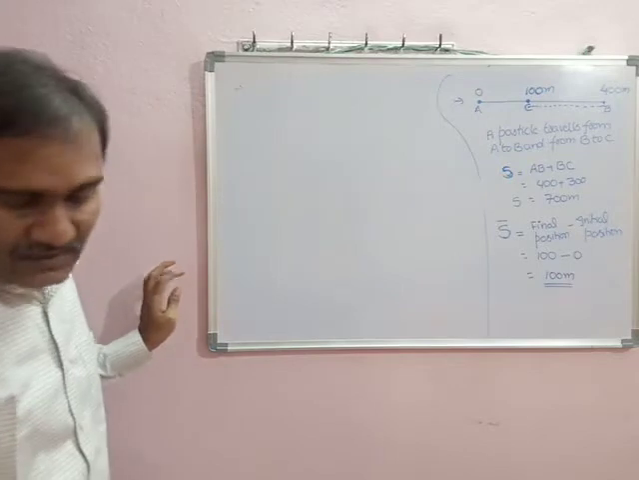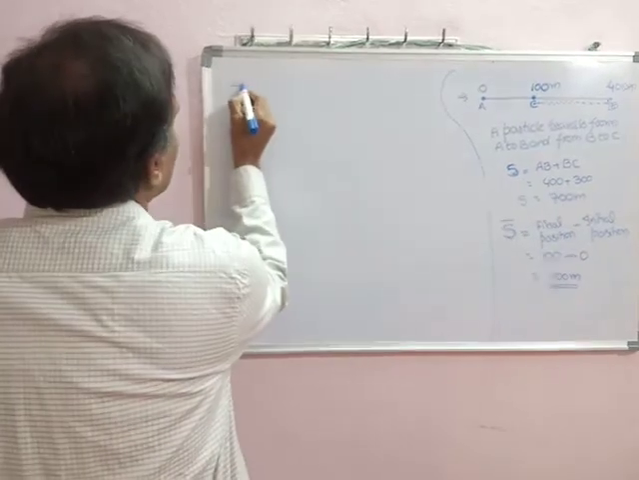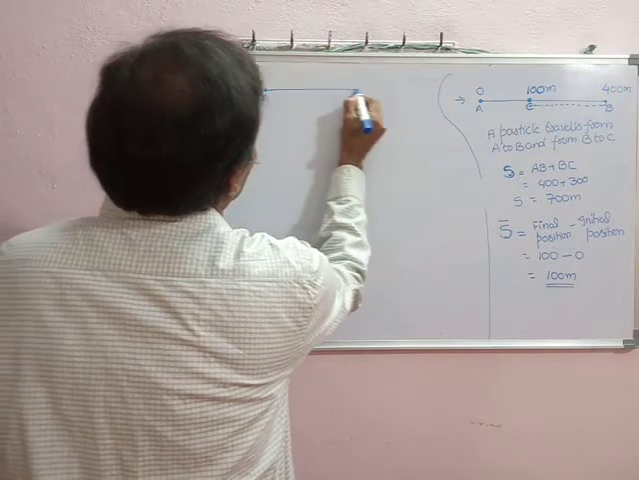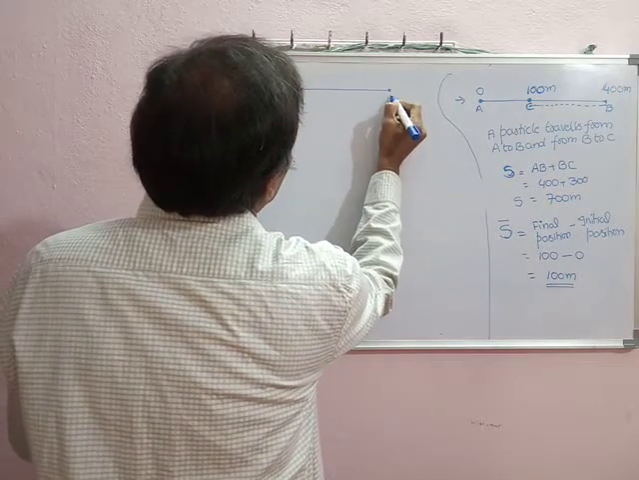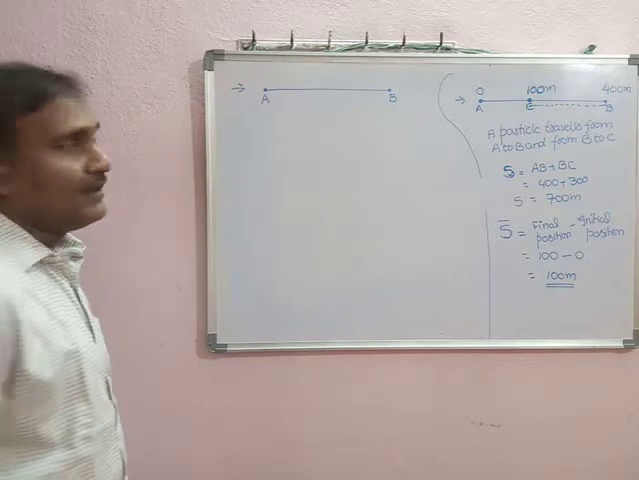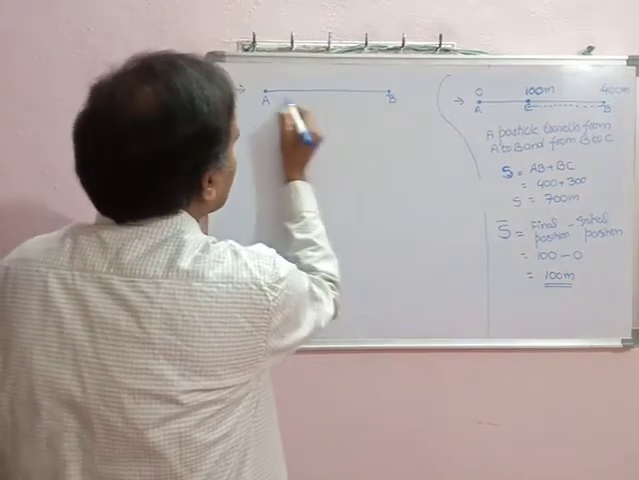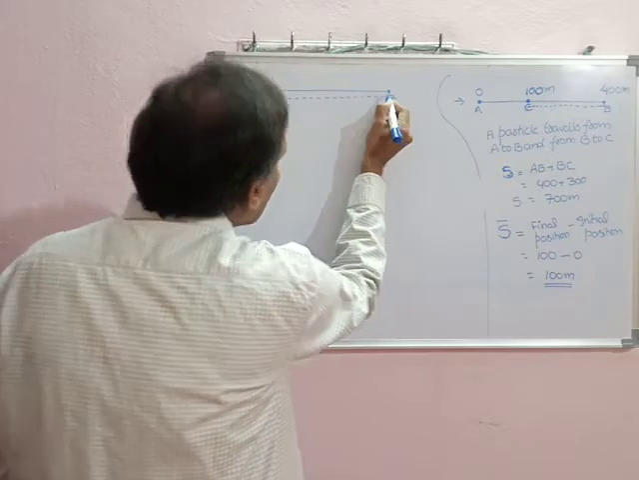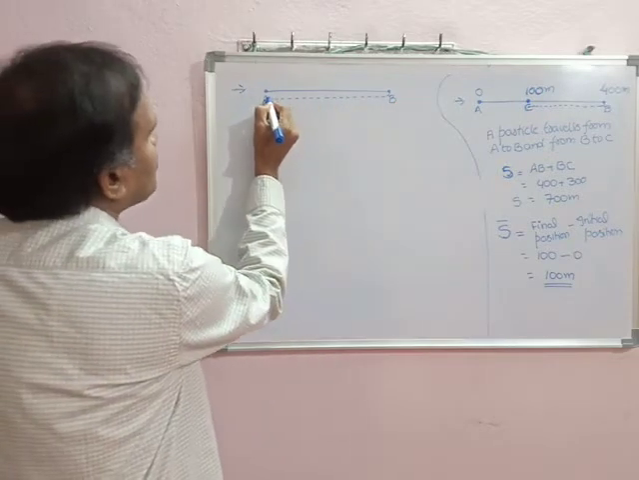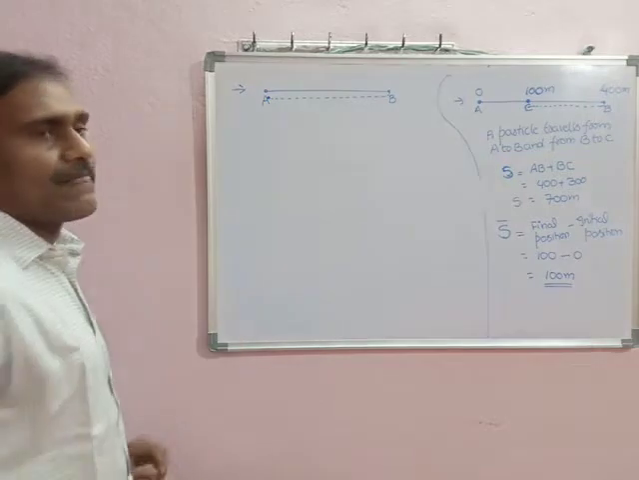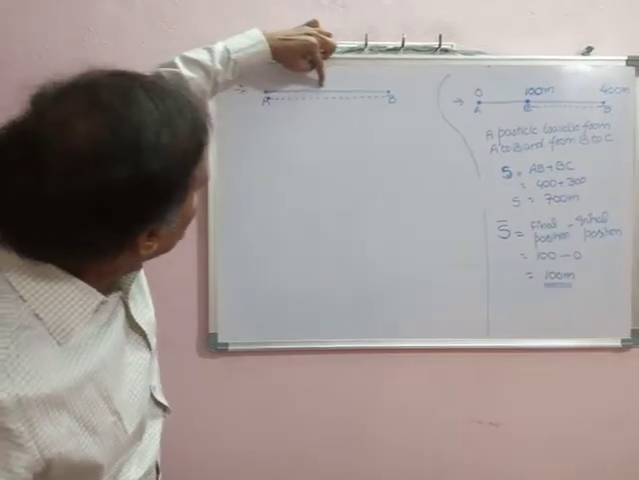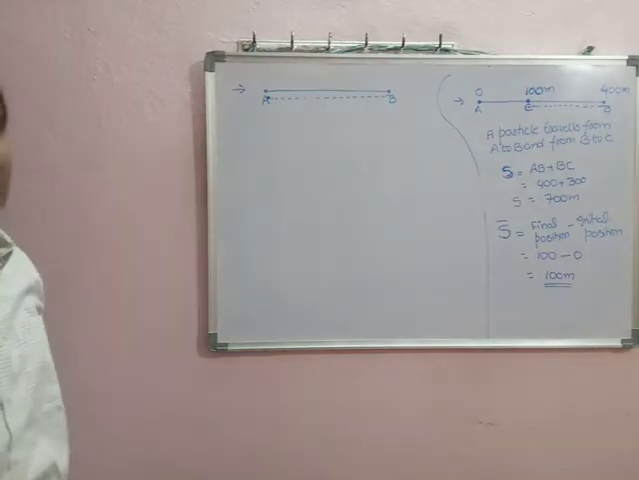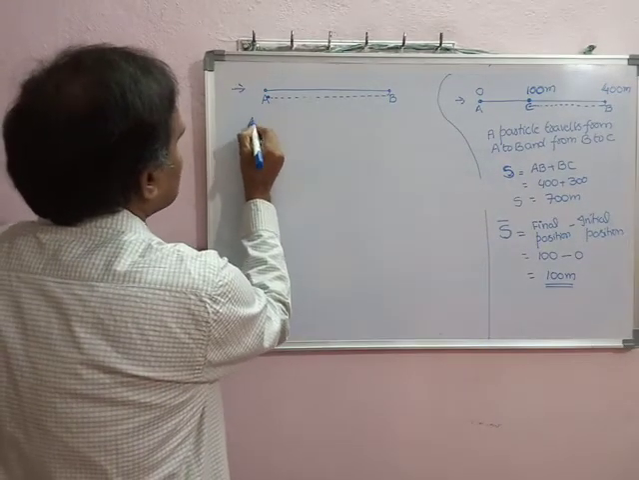Okay, another one. A particle is moving from point A to point B, and again it comes back. It is moving in the backward direction, reaches this point E. It is moving in this manner and again it reaches the point A. That is, a particle travels from